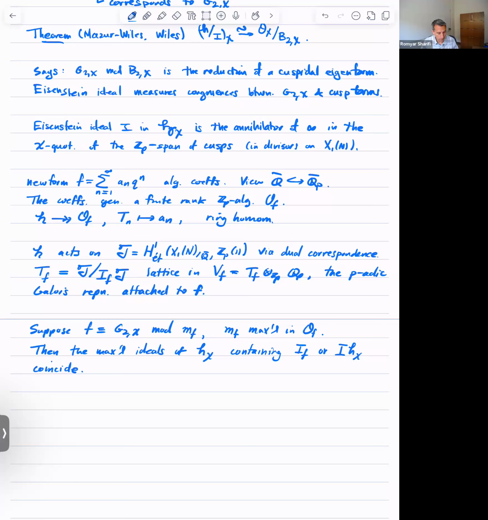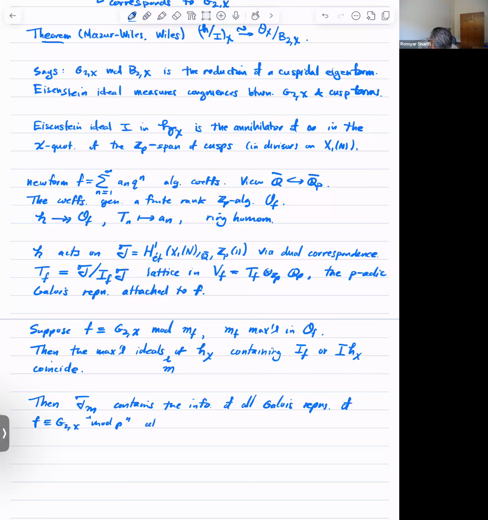And so if, instead of reducing mod this I_F, you localize at this maximal ideal, let me call this thing M just for now, then T_M contains, as a quotient, the info of all Galois representations of cusp forms mod P